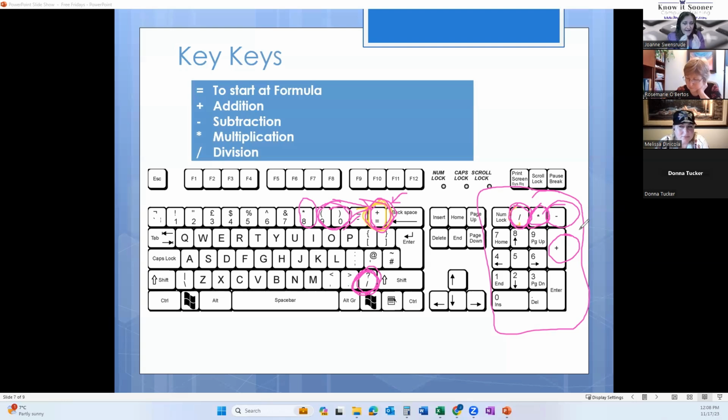You want that to happen first, and then you'd go divided by 2. So you take the 10 plus 20, that would be 30, divide it by 2, so it'd be 15. Sometimes we need the brackets to make something happen first, because if you didn't have the brackets in that case, it would do the division first, and you wouldn't want that to happen. So those are some of the keys that you need.